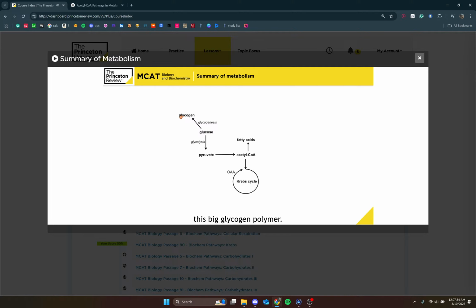The other thing we can do is take some of these acetyl-CoAs that we're generating and shuffle them into fatty acid synthesis. This is not a direct storage form for glucose, but either